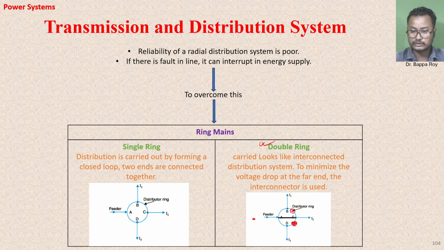also there is a problem, both connections have a fault. If some fault occurs in both positions, then this load or this consumer, whoever is getting power here, will not be able to take power if there is a fault in both these conditions. So in that case, we are connecting one direct connection from the feeder